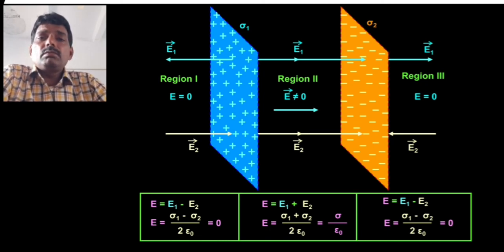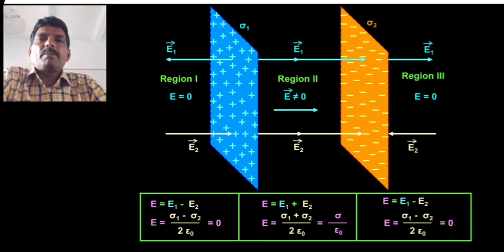So once you draw the direction of the electric field, then in that respective region, due to the 2 sheets, what will be the resultant electric field? You calculate that in whatever regions are available there. And in terms of vector form also you can write, in terms of magnitude also you can write what will be the resultant electric field. Suppose if you take the same charges on both the plates or both the sheets, then the resultant electric field will be different as you have calculated.